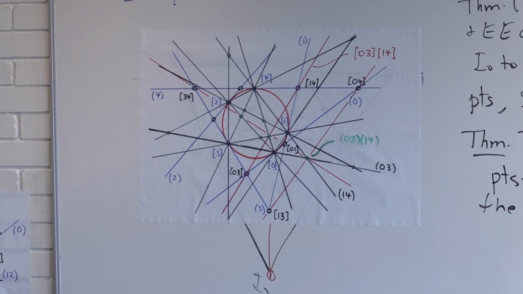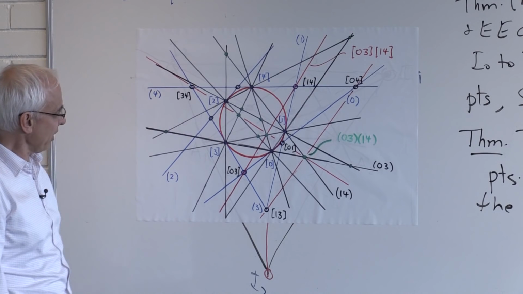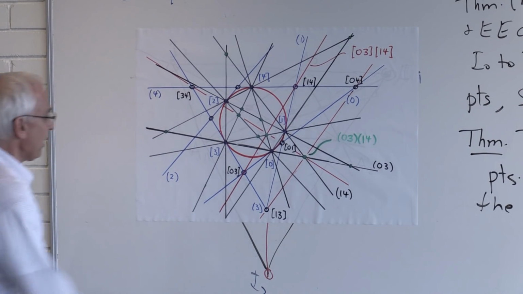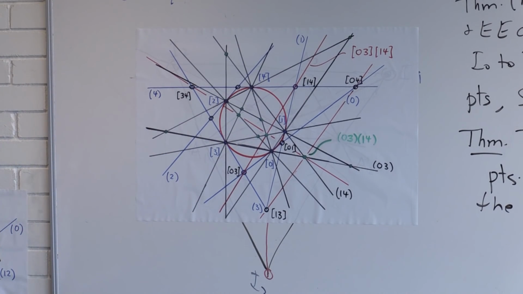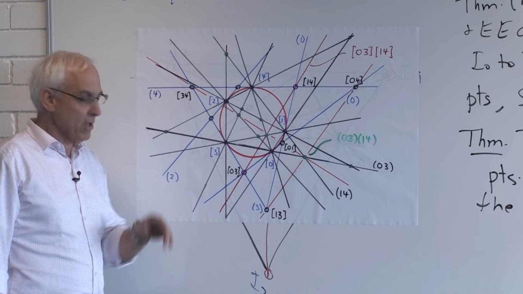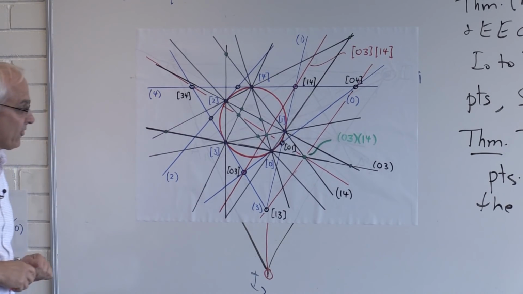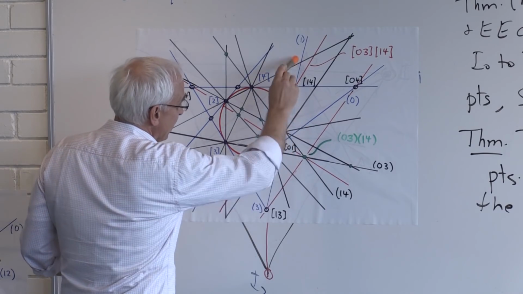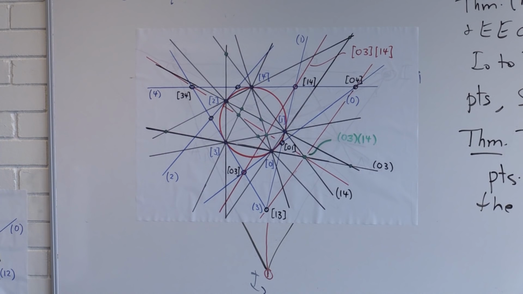Okay, so now we're just studying 5 points in the plane and the conic through them. Very general kind of thing. So I'm drawing the conic to be the circle, and the 5 points are 0, 1, 2, 3, and 4. Those 5 points determine 5 tangent lines. This is completely special about 5 points, because that conic has tangents at those 5 points, and we know how to get those tangents using the Pascal theorem. So we have these blue lines, the tangents to these 5 points on the conic.